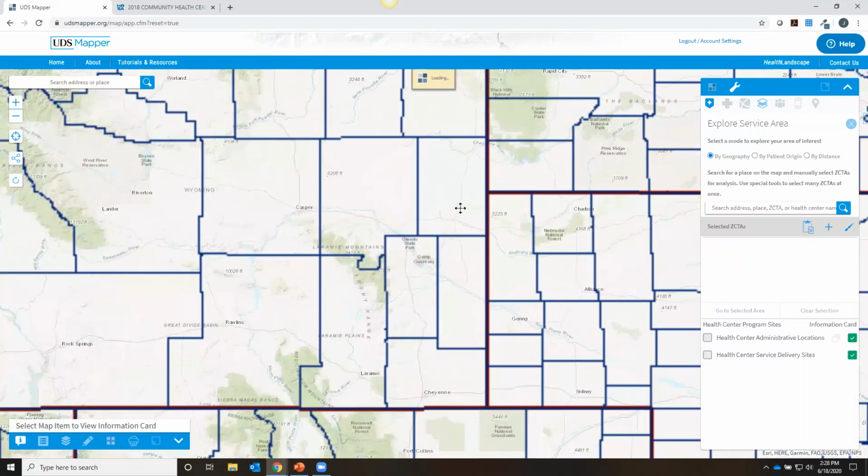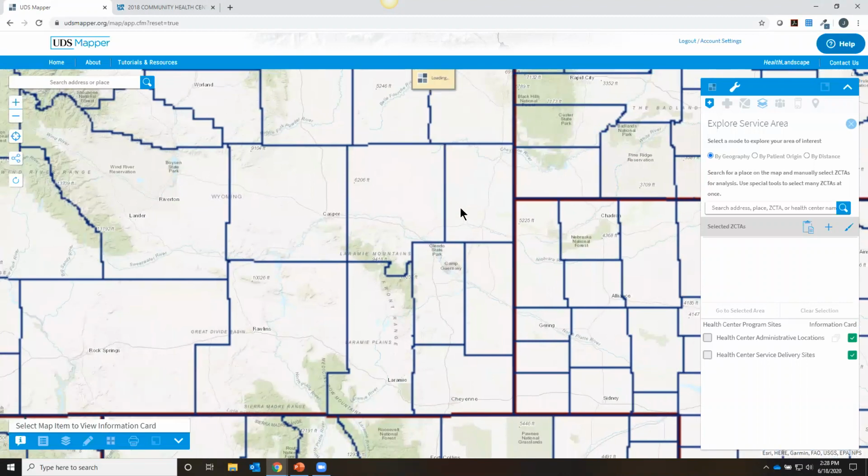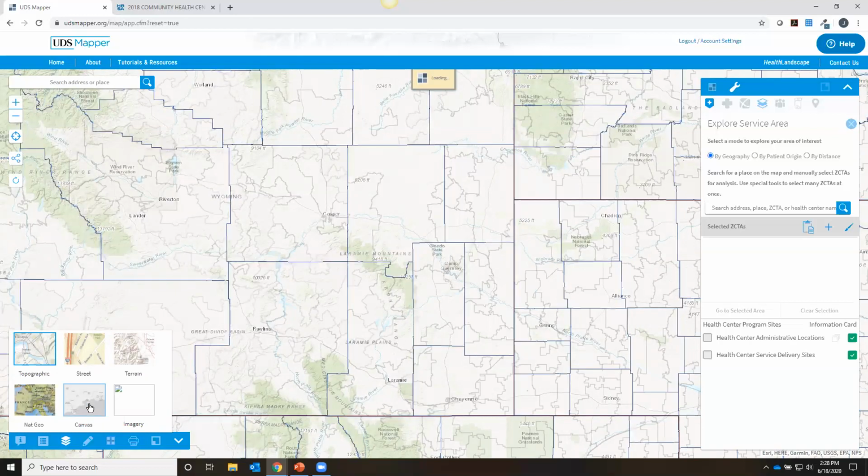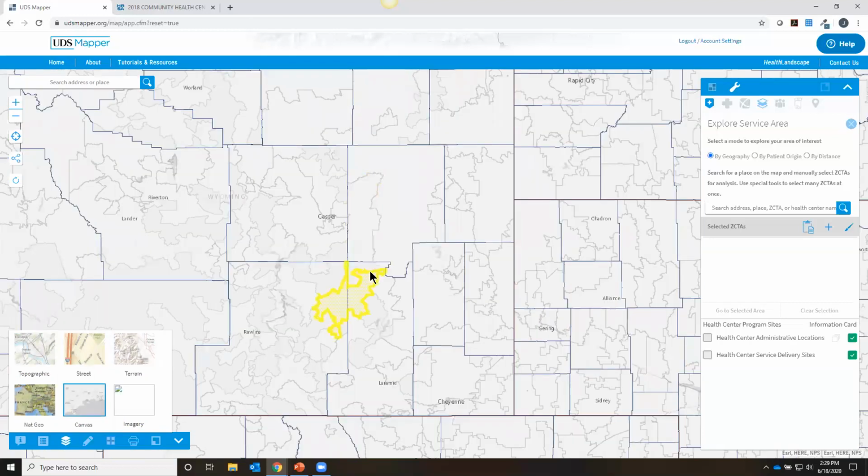Here we go. And I'm also going to change my base map. So that is the layer that's just underneath the mapping work that we're going to do. So I'm going to click this button here in the lower left corner, and I'm going to select Canvas as my base map. It contains the fewest details, and it will just make it easier to see the analysis work